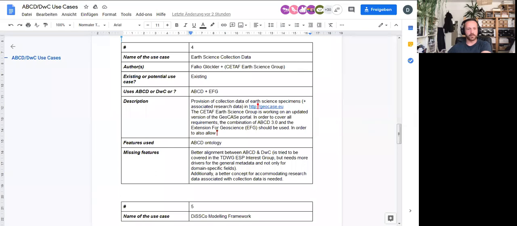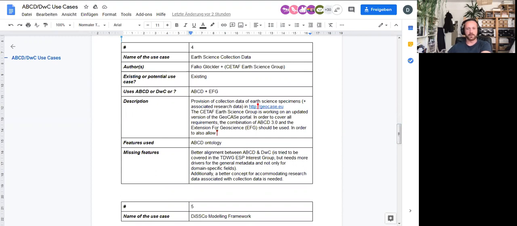And also, if we need to adopt other elements from other domain-specific ontologies, how would that be addressed in this alignment group here? I think ABCD 3.0 is already a very good approach, and this needs to be driven much